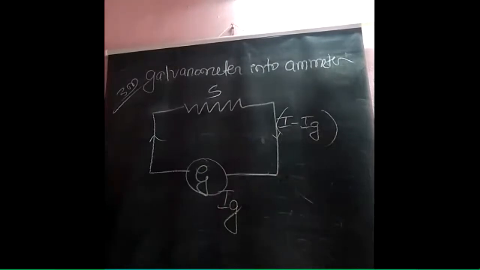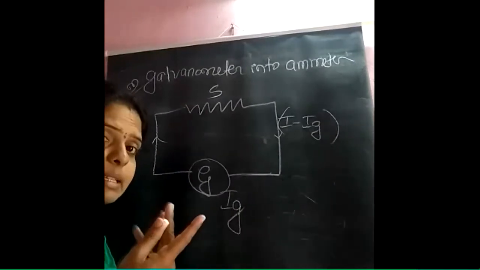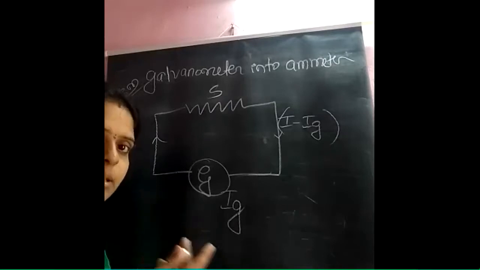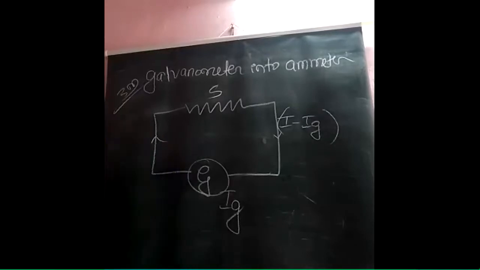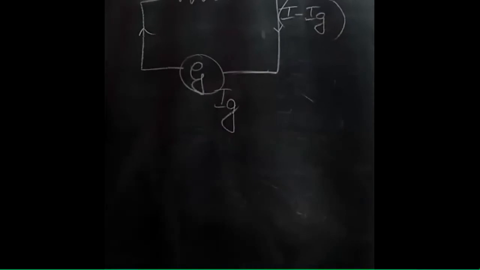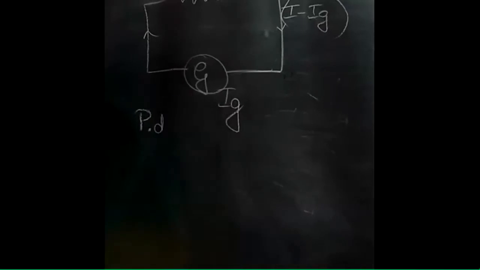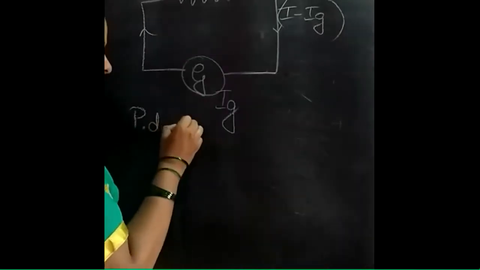How will I write the mathematical expression? I need to calculate the value of S. We said just now that we need to connect a low resistance. Low resistance means how much? 2 ohm, 1 ohm, 3 ohm, how much? So that is our question. That we need to calculate the value of S. How will I calculate the value of S? I hope if I write it down it is visible to you, right? So it is written as the potential difference. PD is nothing but what? It is the potential difference across the galvanometer. I'll write it in short.